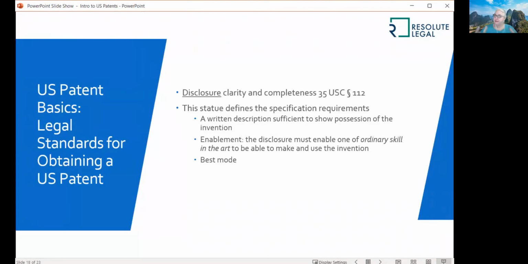The next statute that is important in a standard for obtaining a patent in the United States is 35 United States Code Section 112. And this law requires that the disclosure be complete and clear, and that the claims be complete and clear. So this goes back to what I mentioned as that quid pro quo exchange, that in exchange for telling the story of your invention and its details, you get the limited right to enforce and prevent others from using it. That means that to tell what the invention is, you must have a written description